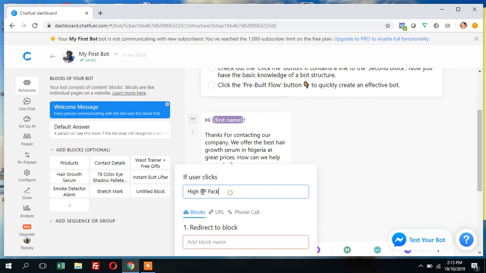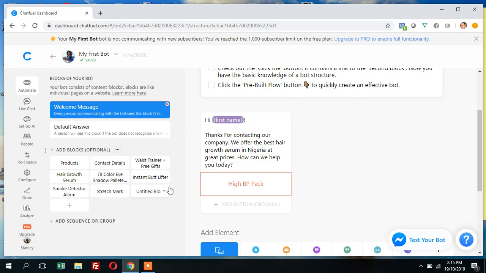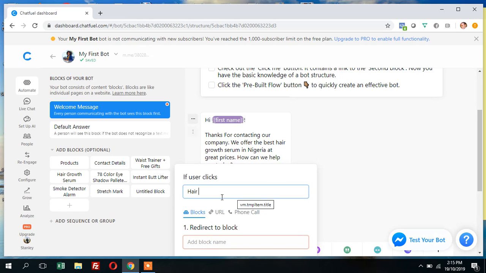So I can change it to hair growth serum. But sorry, must it be the same name? No, it doesn't have to be the same name. The name that must be here must be the name of the product that the person is coming from. So in this case, this is a product that is supposed to market hair growth serum. Okay, why not say